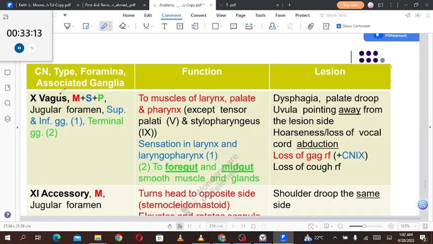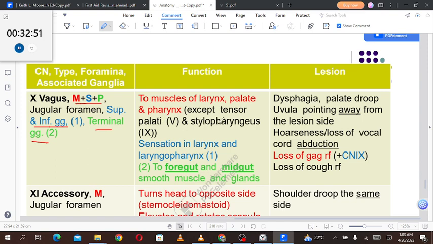Moving forward to the vagus nerve. The vagus nerve is motor plus sensory plus parasympathetic or secretomotor. It is also present in the jugular foramen. Superior and inferior ganglia are associated with this nerve, and the trigeminal ganglion is also an association for the secretomotor activity. Function is to the muscles of the larynx, palate, and pharynx, except the tensor palatini,